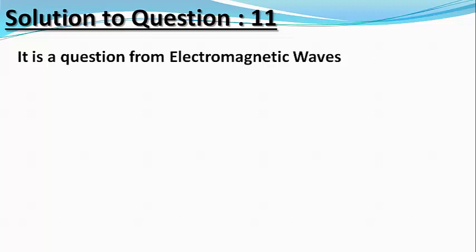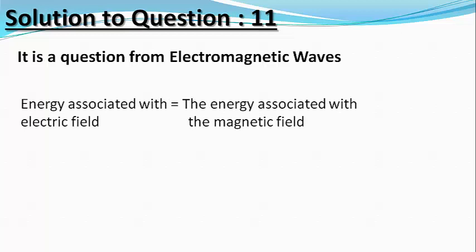Let us now try to solve this question. We know that an electromagnetic wave consists of both electric as well as magnetic fields, and the total energy of the electromagnetic wave is equally divided amongst its two fields. That is, the energy associated with the electric field is equal to the energy associated with the magnetic field, or UE